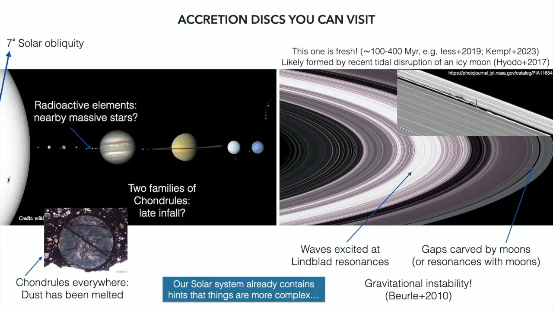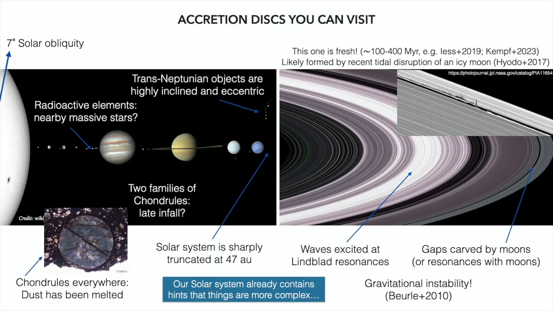All right, you have also some hints just from pure rocks that things were a little more messy in the beginning of the solar system. So we have these two families of chondrules, the non-carbonaceous and carbonaceous, that independently have been thought about with this story that there's some fresh infall of material that happens later on in the disk formation process. Okay, so they're all just clues, and really they're kind of hard problems to unravel if you're just looking at the solar system. But they start to make sense if we look at the way that planets form elsewhere. Another weird thing I'm going to come to is the solar system really just ends at 47 AU, in terms of the material in the plane is very sharply cut off. I'm going to come back to this a little later on about why that might be.